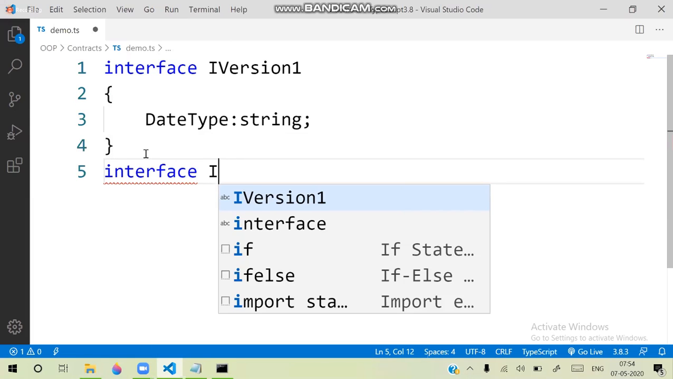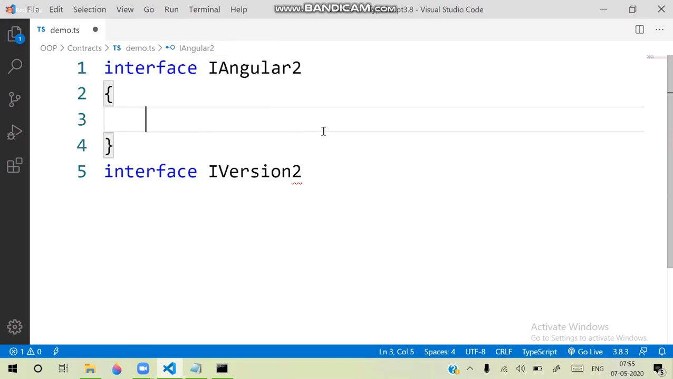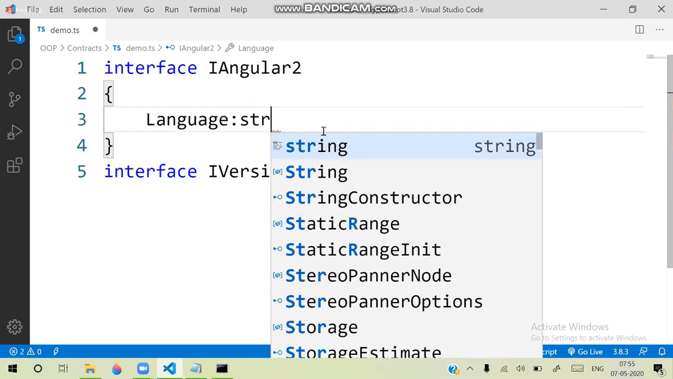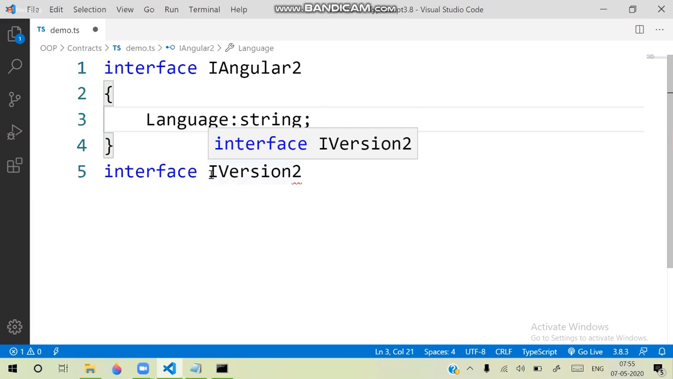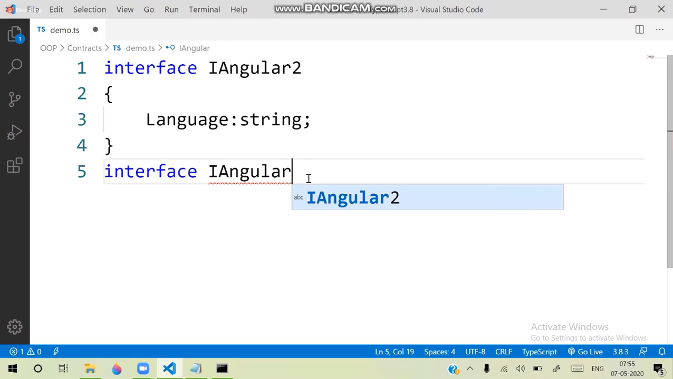Another interface is I version 2. This version should be able to access the members of the existing one. For example, take our Angular only so that it is easy. Suppose I said Angular 2. In Angular 2, here we have language types, language string type. Okay. In Angular 2 and another version, Angular 4,